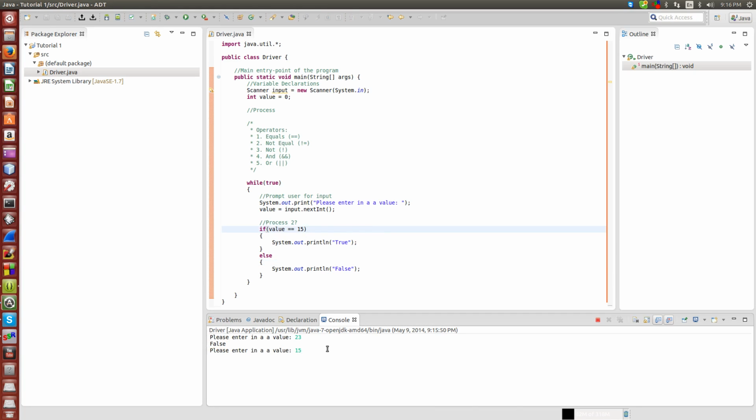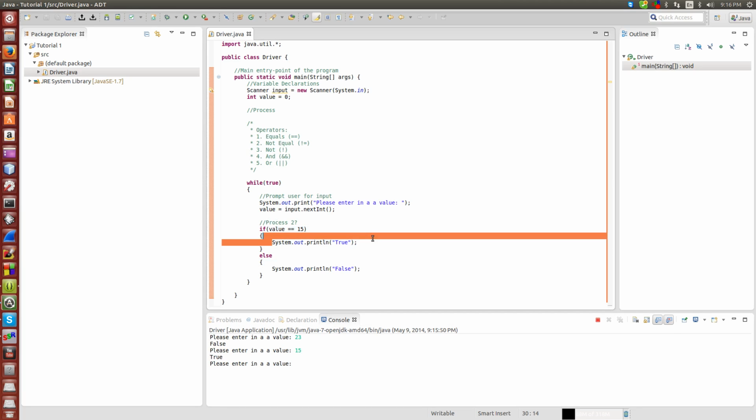Next time, when we do 15, it'll say, is value equal to 15? Yes, it is. Output true, skip the else block, and start the loop again. So this is how the equals